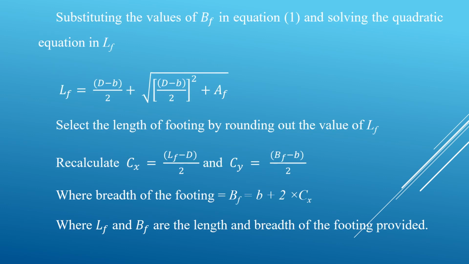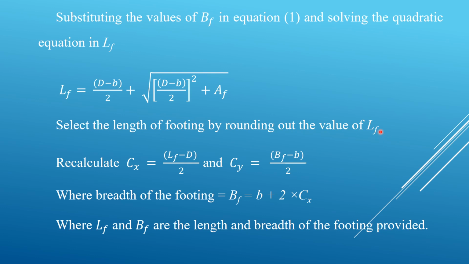Substituting the values of BF in equation 1 and solving the quadratic equation in LF, we get LF is equal to (D minus B) divided by 2 plus under root of ((D minus B) by 2) whole square plus AF. Here AF is the area of the footing. Select the length of the footing by rounding off the value of LF. So you will get the